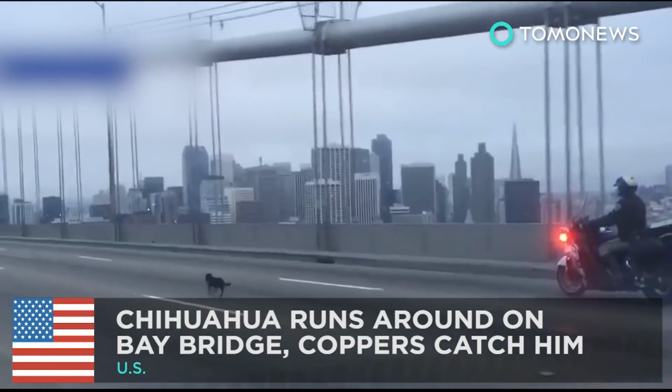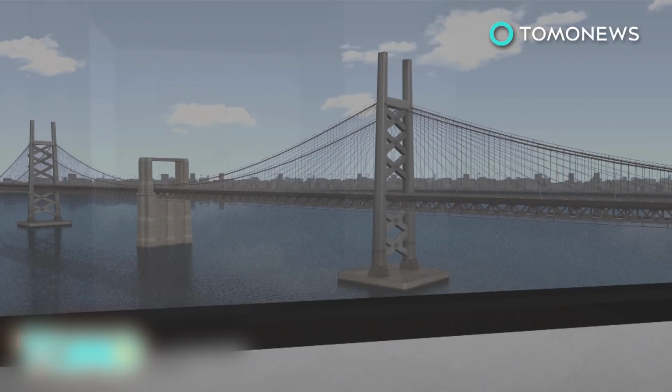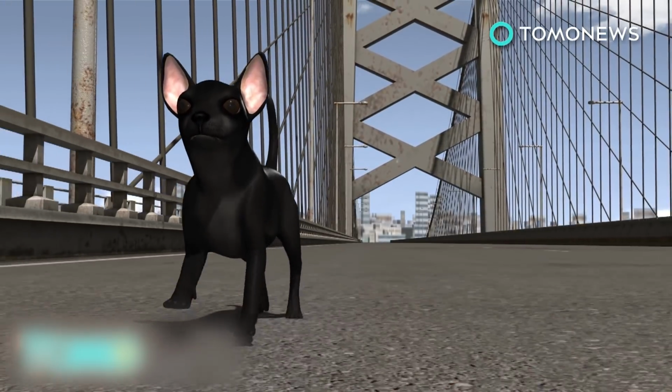Chihuahua runs around on Bay Bridge. Coppers catch him. This little Chihuahua created quite the commotion over the weekend, grabbing headlines for a wild dash down the Bay Bridge. It's not known where the Chihuahua came from or who his owners are, but something about that bridge must have called his name, because on April 3rd, he was spotted dashing across the bridge with no regard